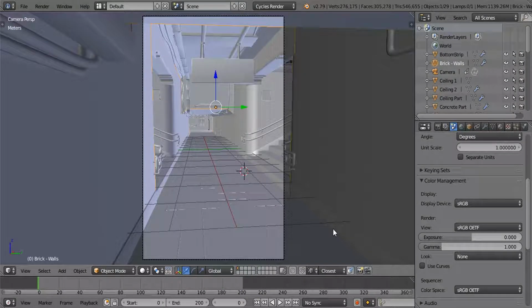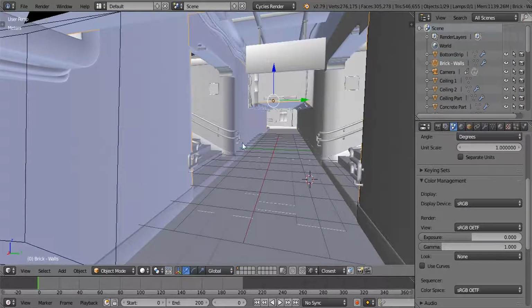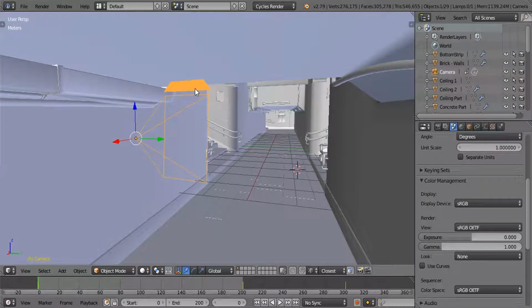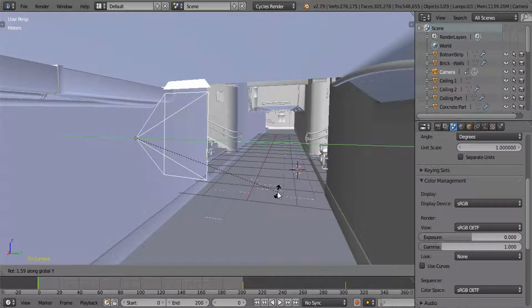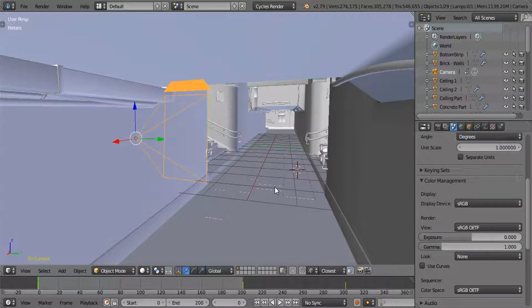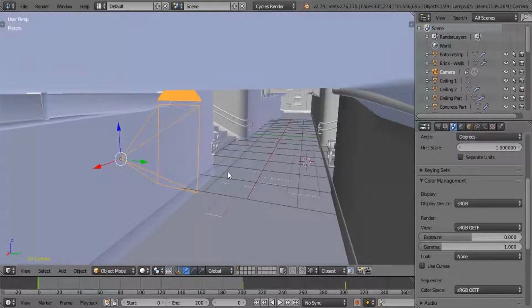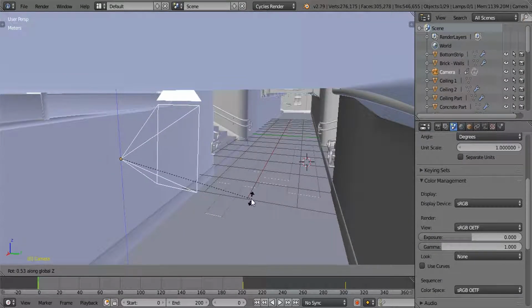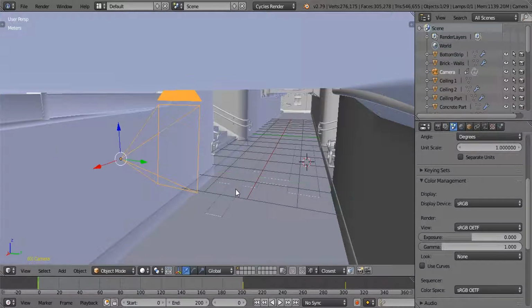Okay, now we're going to be adding that shaky movement to our camera. Basically, we're adding the noise modifier to our camera so that we can have this effect. Now we're not going to be affecting the x-axis, we're going to be changing the z. We're going to be adding noise to the z-axis and the y-axis like this so that we can make